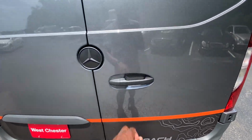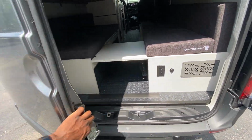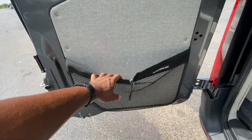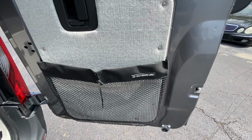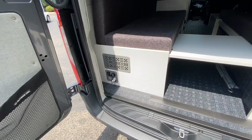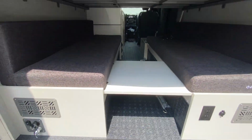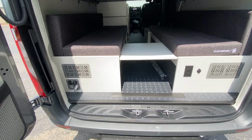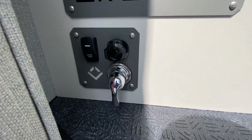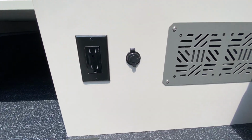Let's go ahead and take a look back here. Open these doors up. And we do have side pockets in the back if you want to stow stuff. And those are kind of closed off, which I like. And it matches the rest of the van pretty nicely in terms of the inside. But our water hookup is here. And then we do have